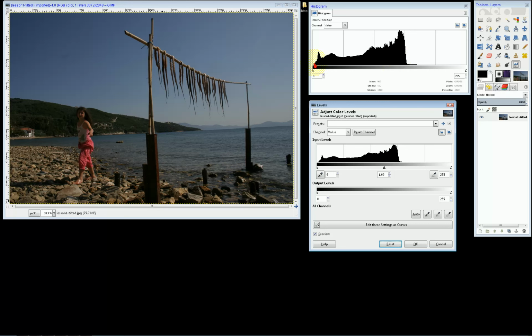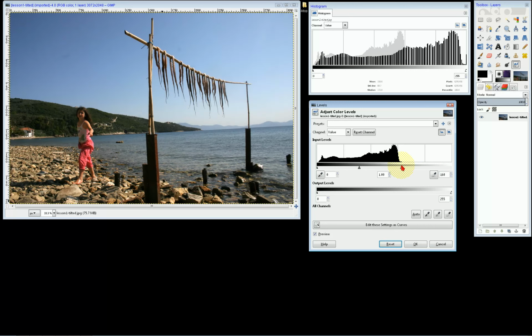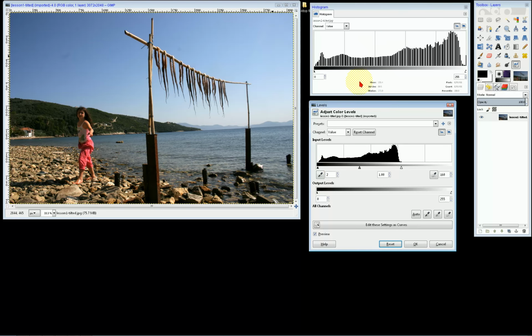Let me try the levels tool. Drag the right point at the end of the information and the black point at the beginning of the information. This is certainly a major improvement. This way I made the histogram spread across the whole dynamic range. I can see now with my action the histogram starting at the starting point, going up and ending normally at the end point.